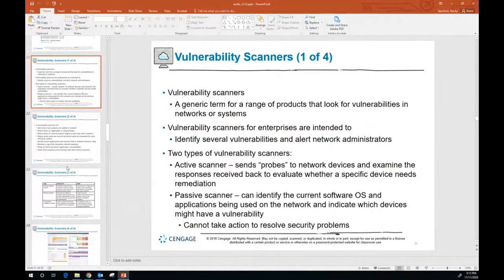Vulnerability scanners are a generic term for a range of products that look for vulnerabilities in networks and systems. What these are intended for is to identify vulnerabilities and alert network administrators. We've got two types of vulnerability scanners: active scanners and passive scanners. Active scanners are going to send probes to network devices and examine the response back to evaluate whether a specific device needs